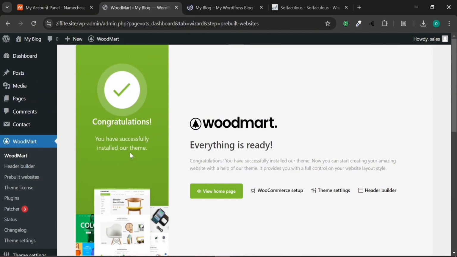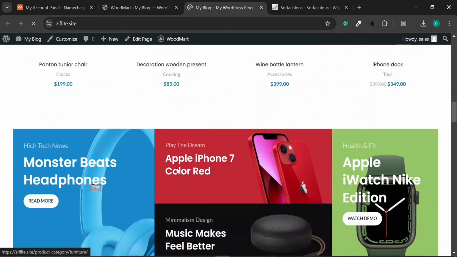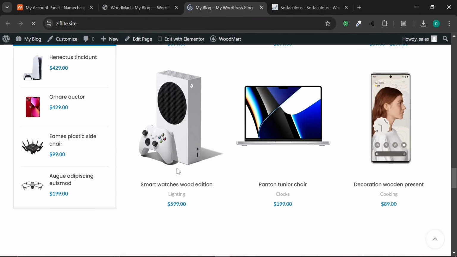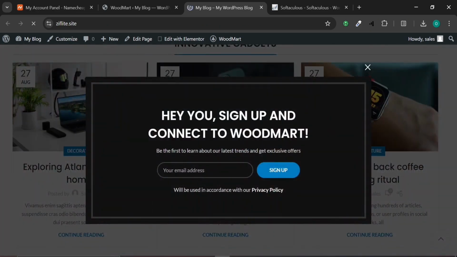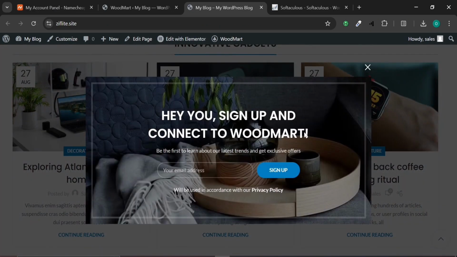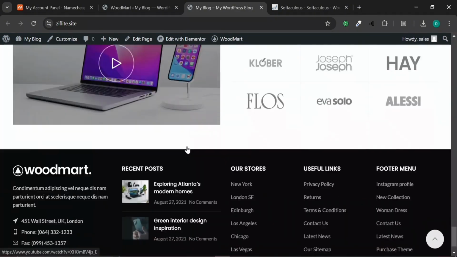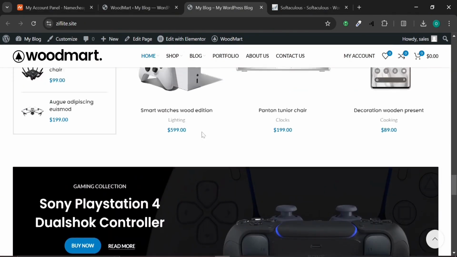Congratulations, you have successfully installed our theme. So basically, you can look at how beautiful this site is literally looking. It's looking perfectly beautiful and sweet. Okay, so it also comes with a pop-up notification here, which you can as well edit. So all of these are editable, and you could change the video, you could do a lot of things, and